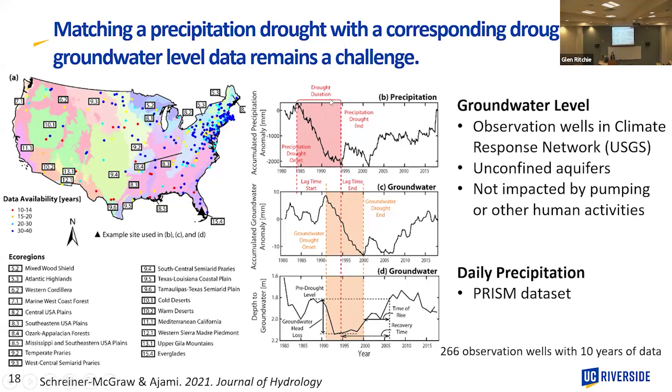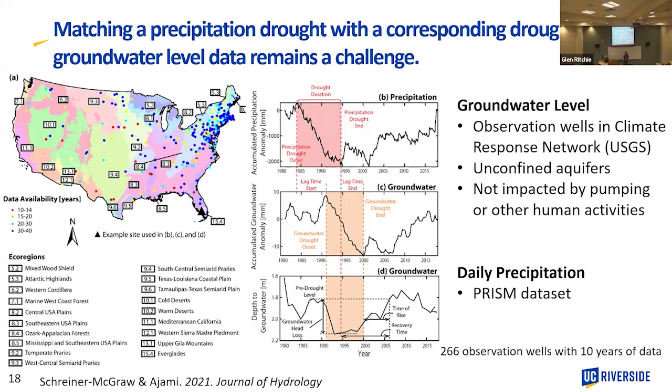So these areas that are in red are the regions identified as precipitation droughts. However, if you look at the groundwater drought, you will see there is some sort of a lag between the beginning of groundwater droughts and the beginning of precipitation droughts. And of course, it takes a little bit longer for groundwater droughts to end. So we tried to characterize these lag times, and then finally looked at the aquifer recovery. How long does it take for the aquifer to go back to the pre-drought condition?